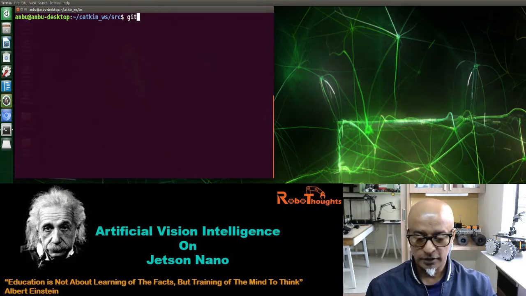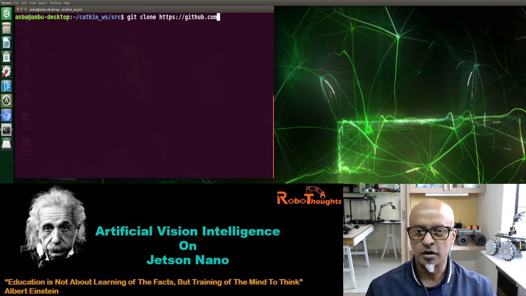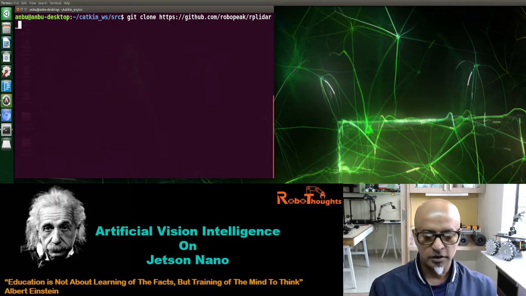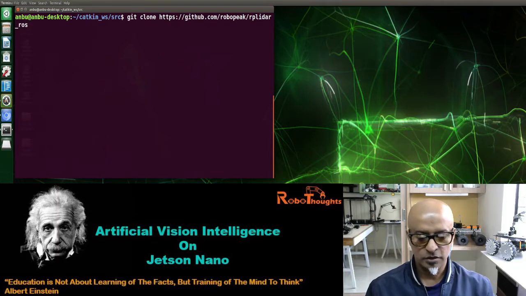Let me show you. git clone https://github.com/robopeak, okay, this is basically the library, /rplidar_ros, Robotic Operating System, .git.